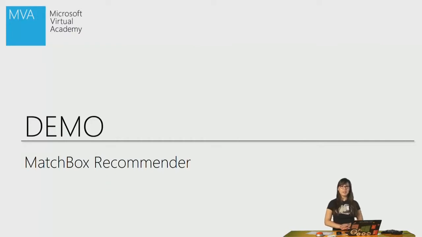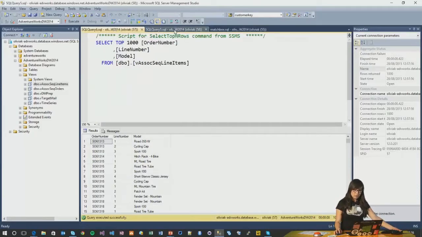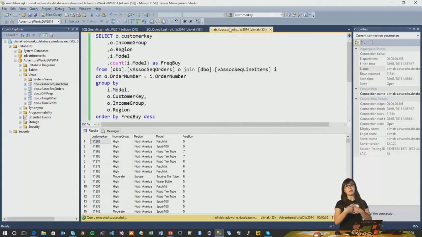So let's get into Azure Machine Learning Studio. Now we can start off with our demo, which will be using the module called Matchbox Recommender provided in the Azure Machine Learning Studio. Before we go into Azure Machine Learning Studio, obviously we need to worry about what data to get. Going back to the AdventureWorks database that is already provided to us, and that we have already imported into an Azure SQL database, the two datasets that are of interest to us, or rather the two views, are these two. These two will be joined together